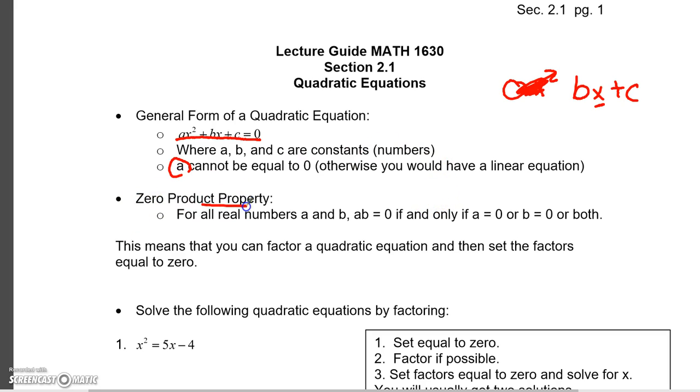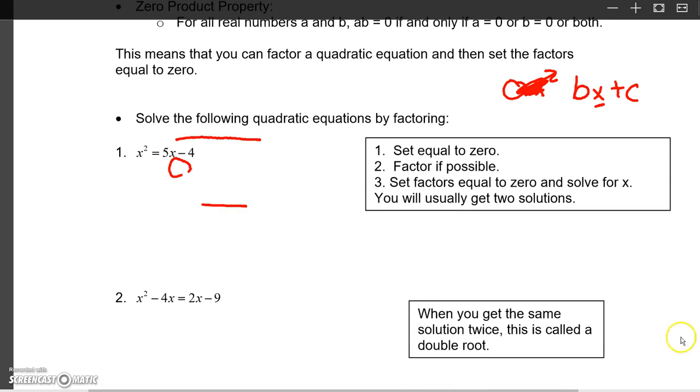The zero product property just says that because of this right here, we can factor quadratics and set the factors equal to 0. That's all it means. So we're going to do